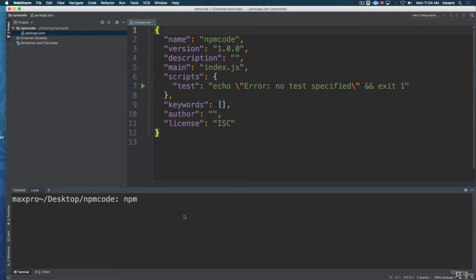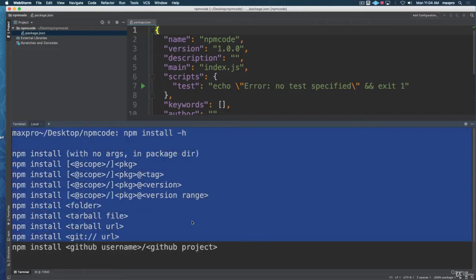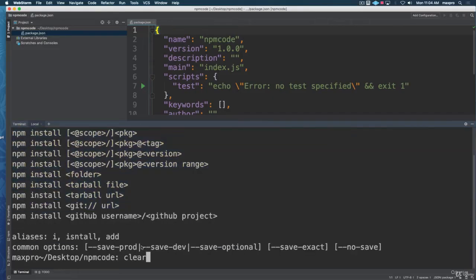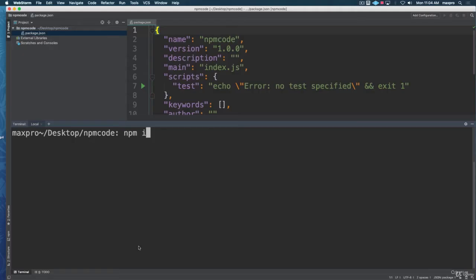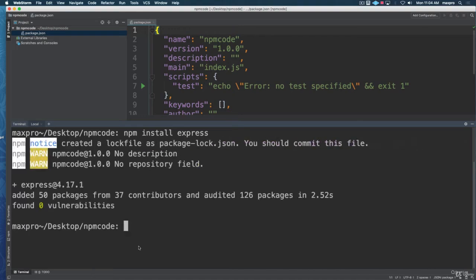Remember that we can do this and then help, -h, and it's going to give us some instructions on how to install a package, which is really easy, by the way. So npm i, which is just an abbreviation, but I'm going to do install and then express. This is just a package that we use when we are playing around with Node.js. And as you can see here, I'm going to show you,